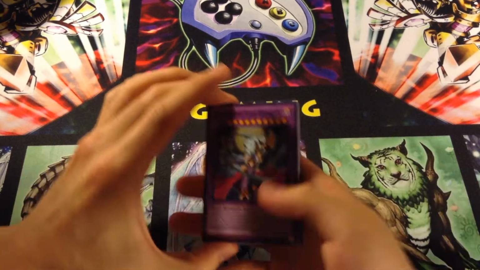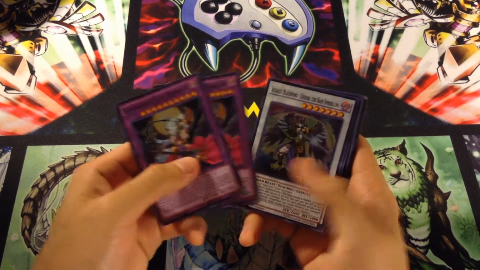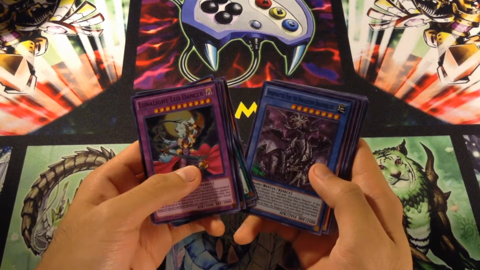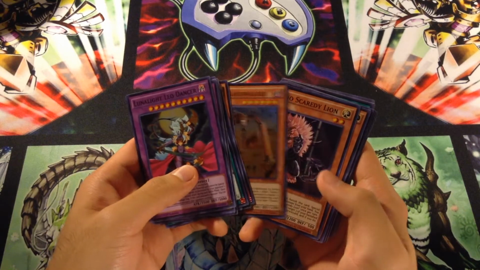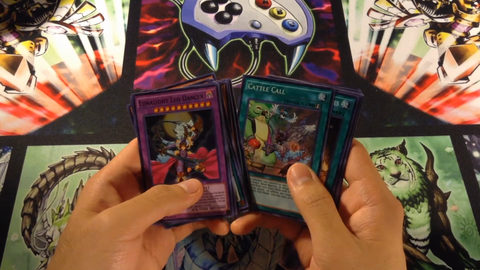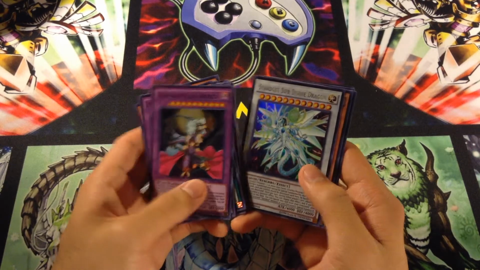Alright guys, as our recap, just for the foils, we have 2 Lunalight Leo Dancer, 1 Chidori the Rain Sprinkling, 1 Rhinocebus, 2 Goliath, 1 Amorphactor Pain, 2 Priestess, 1 Cosmo Landwalker, 2 Scaredy Lions, Red Eyes Toon Dragon, 2 Infections, 1 Cattle Call, 1 Pre-Preparation of Rites, 1 Tuner's High, and then for Ultras